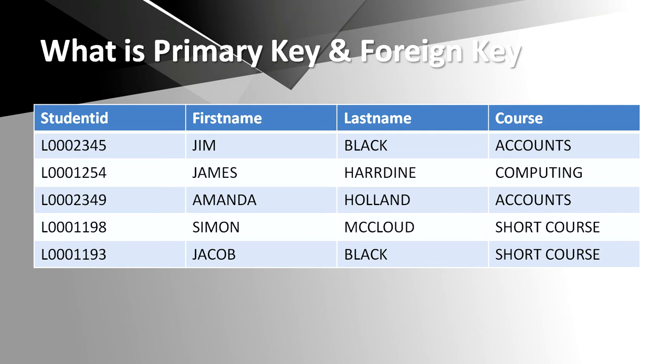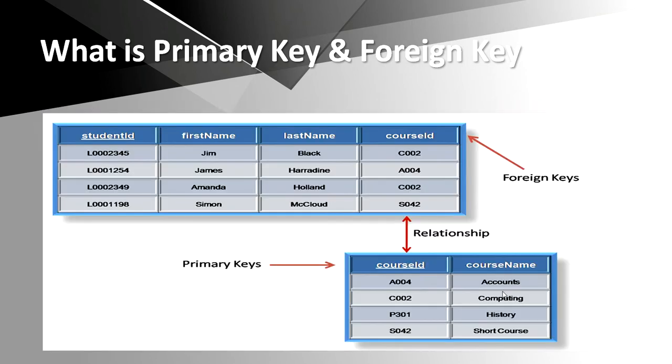But when we split this column into two, basically this is something called normalization. This is one of the parts of normalizing your database. So now I have given a unique ID to every course. Now instead of writing down the course name, I am writing down the course ID. So whenever we write it down in such a way, we link both the tables.